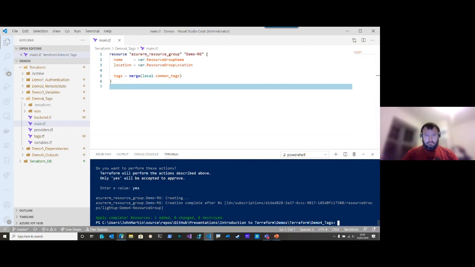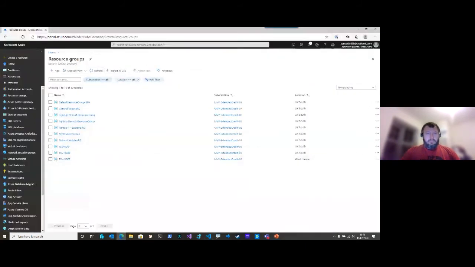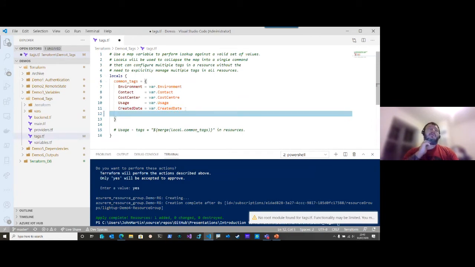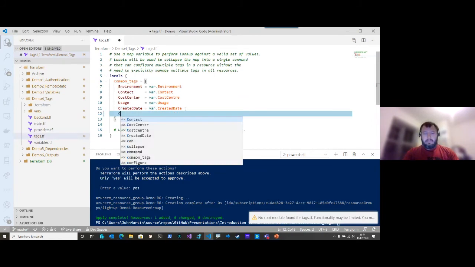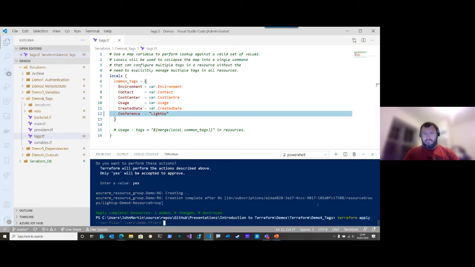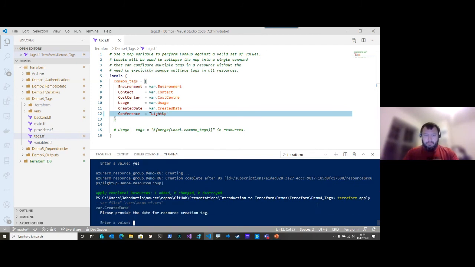So if I come out to my resource groups, let's see if we've got demo 4 there yet. Not quite. Okay, so whilst we're waiting for that one, if I come back to tags, for example, and then if I wanted to say conference equals, just put this one in, hard code it, Lightup, for example, save that. If I then come back to here and run another terraform apply, 0714,